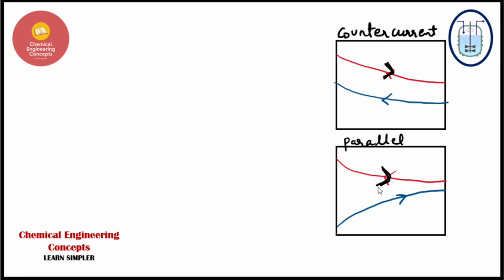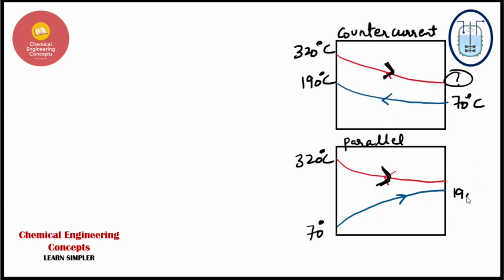Please correct this. So guys, let's proceed and start solving. First let's write down the given streams. If I talk about the counter current flow, the hot stream enters at 320 degrees centigrade, and the cold stream enters at 70 degrees centigrade and leaves at 190 degrees centigrade. We are not given the outlet temperature of the hot stream, so we have to find that first. Similarly, for parallel flow we can write the given information: 320 degrees centigrade, and the cold stream goes from 70 to 190 degrees centigrade. So this is the given information.